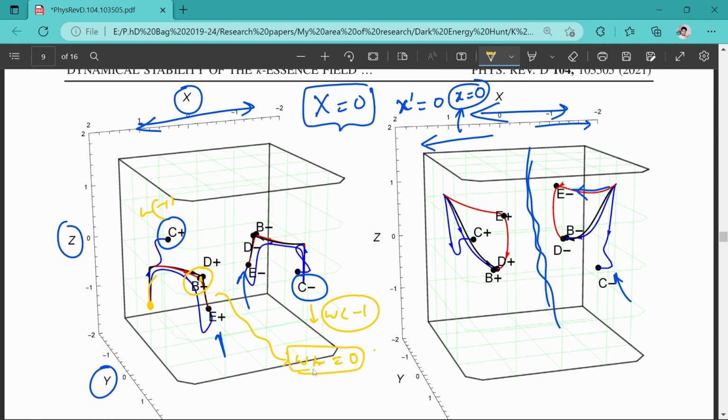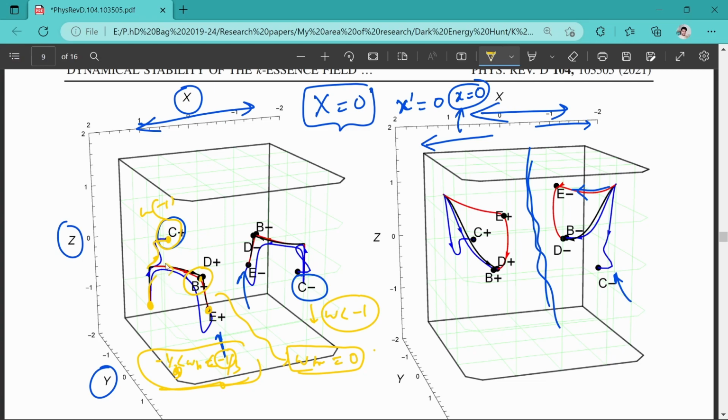So here it is 0, and then it is going towards E plus minus, where omega total is minus 1. So it is between minus 1/3 to minus 1. Okay, so it is never crossing the phantom barrier, and here it is again an isolated stable point. So all the trajectory, some trajectory is going here for different initial conditions, and some trajectory is